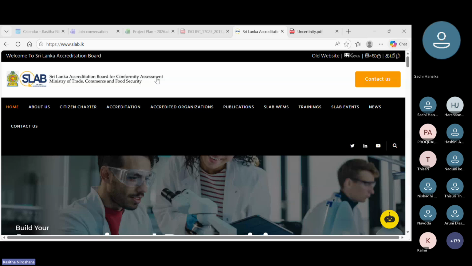So this is SLAB, and there are countries that don't have an accreditation board as well. Say Bangladesh is a bigger country, but they don't have an accreditation body. Maldives doesn't have an accreditation body. So this is the accreditation board website for Sri Lanka. It's easy: www.slab.lk. So this is very advanced,